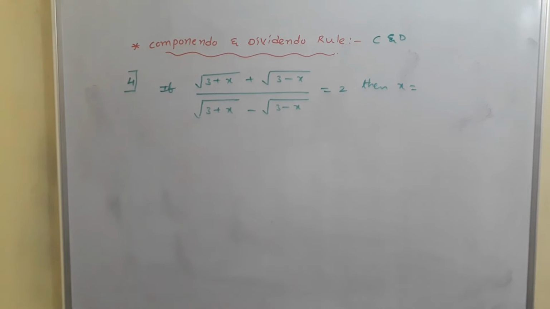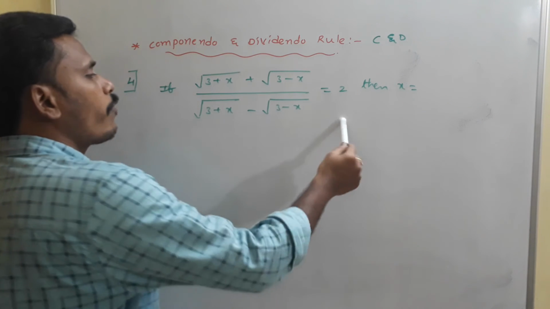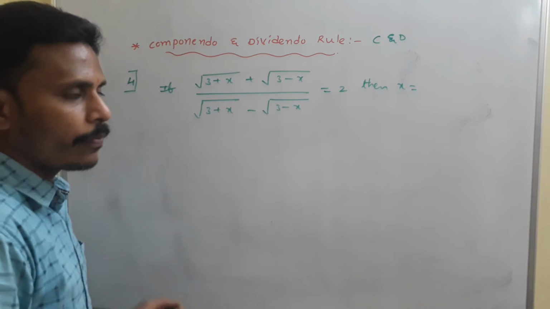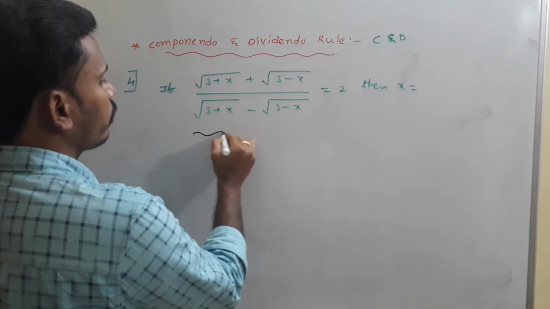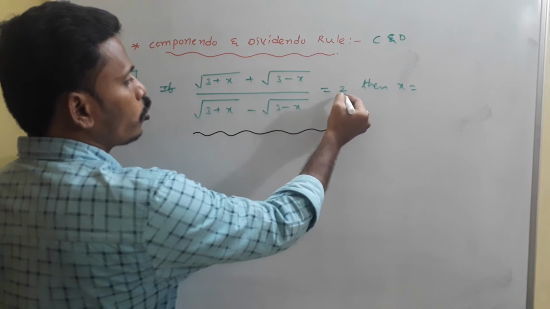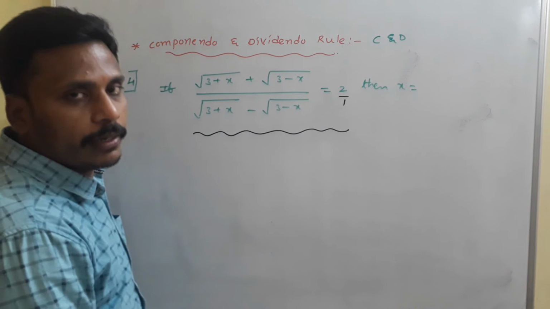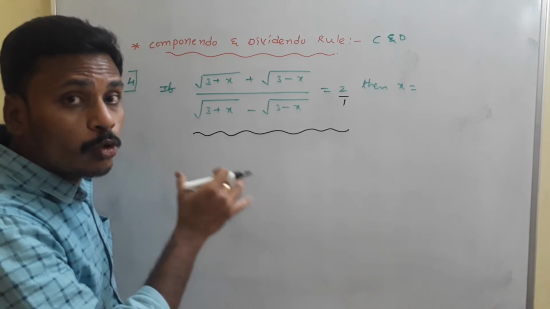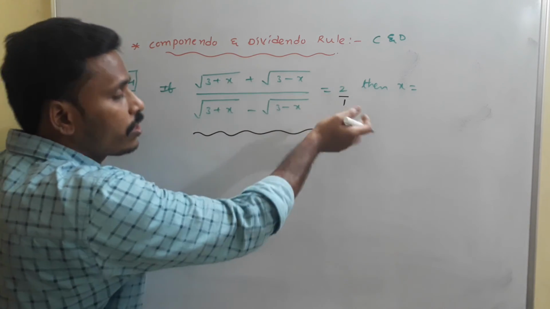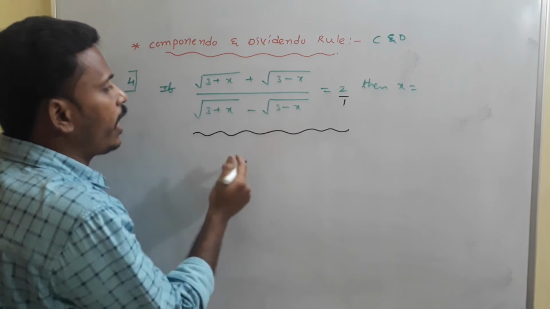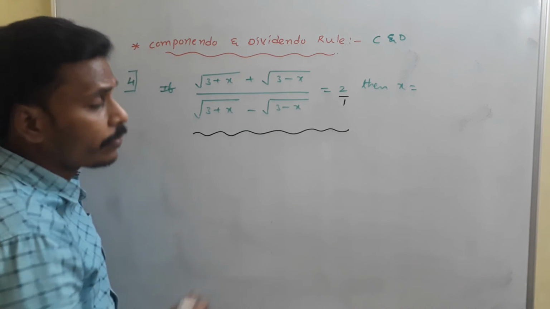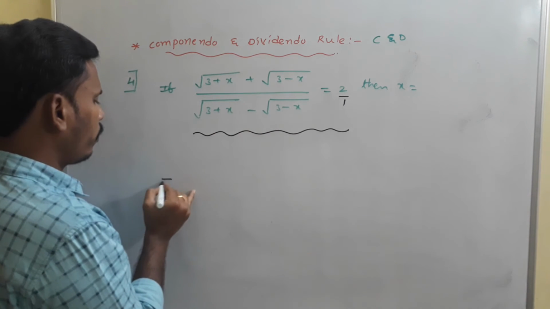Next one, finding x by solving this type of equation is also very easy with componendo and dividendo. Okay, see now just look at this given one. See, numerator by denominator is equal to 2, and I will treat it like 2 by 1 because I need two fractions to apply CD, and here I have one fraction and this 2 is simply 2 by 1. So this side numerator plus denominator. Okay, can I write directly? See, otherwise you just look for this problem.